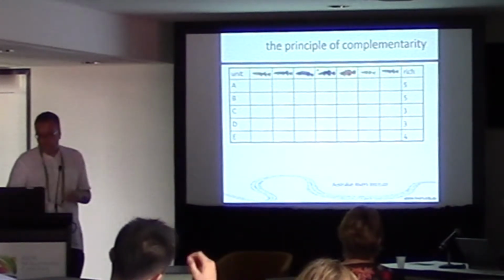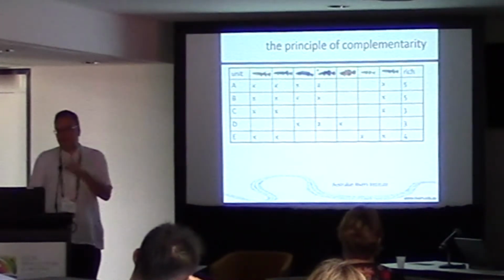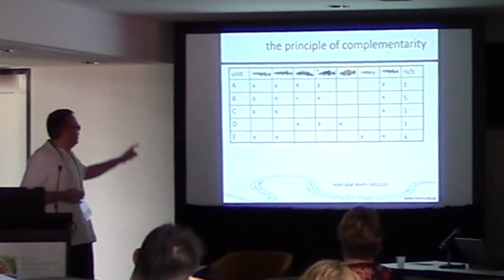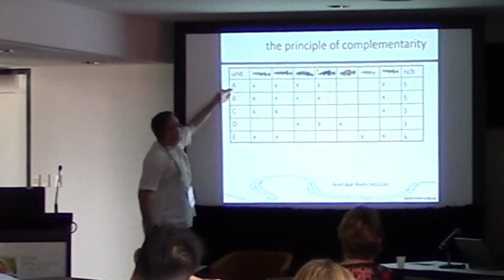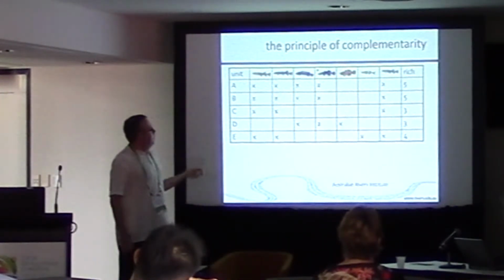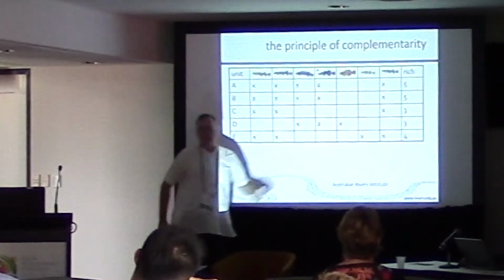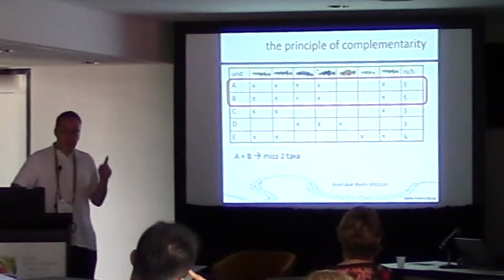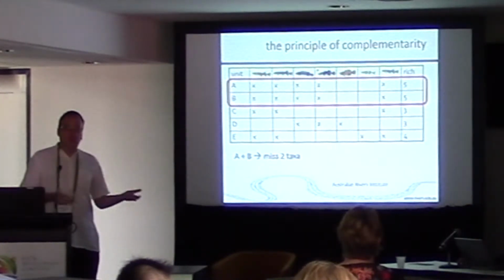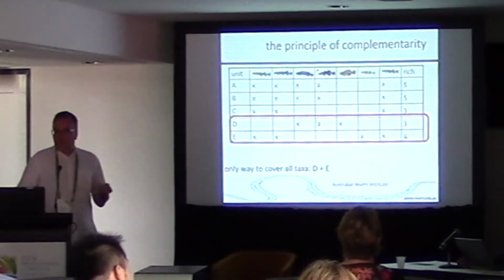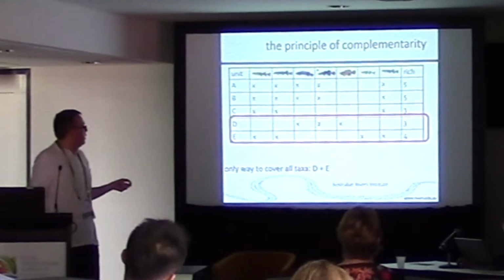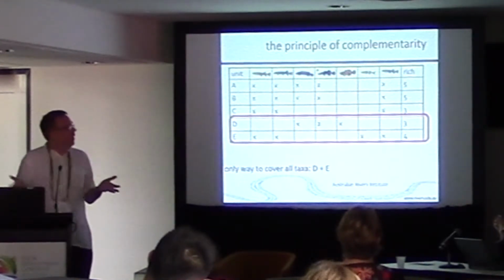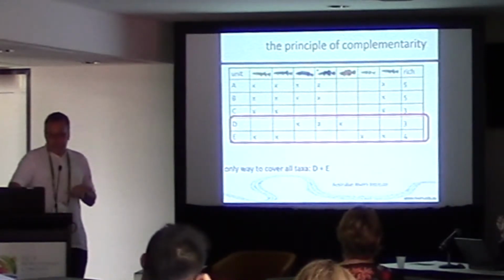So in this case, for example, you would choose planning units A and B if those are the richest ones. If you actually look at the real data, then you can see what the principle of complementarity does for you. If you just look at richness, then these A and B would actually miss those 2 species. So the only way you can actually get taxonomic completeness in your conservation plan is you use D and E, which don't really look all that rich on first glance, but in the end, they will give you taxonomic completeness.